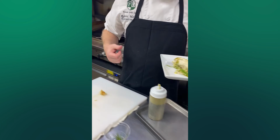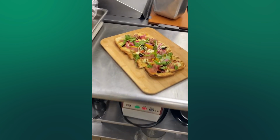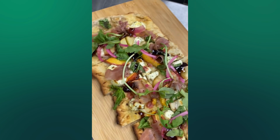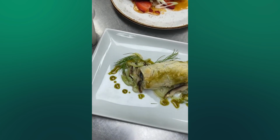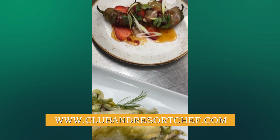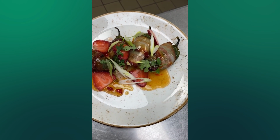And we'll come take a look at our 4 dishes that we created. So starting with the Boursin stuffed jalapeno, bacon wrapped with pickled strawberry and a